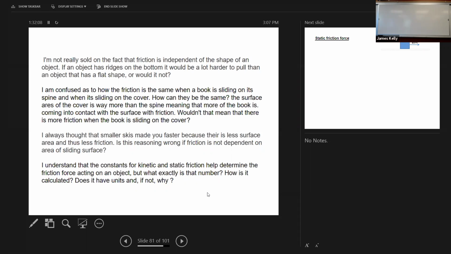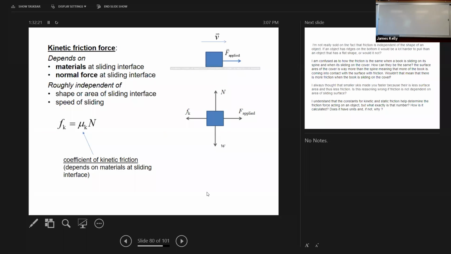I understand that the constants for kinetic and static friction determine the friction force acting on an object, but what exactly is that number? How is it calculated? Does it have units? And if not, why? It doesn't have units, and I neglected to say that on this slide, but we can see that it is a dimensionless or unitless thing because this is a